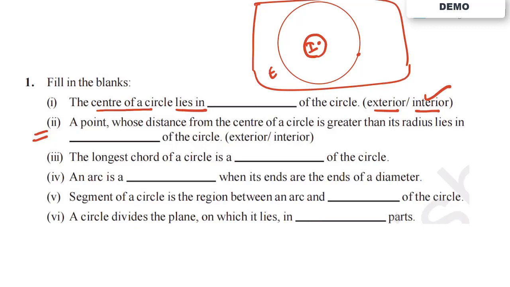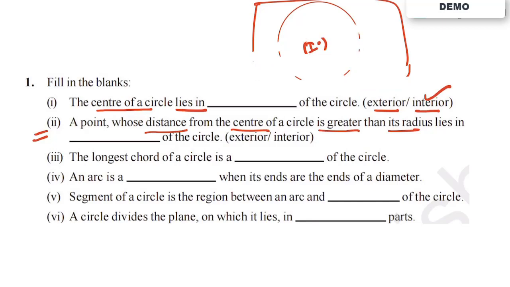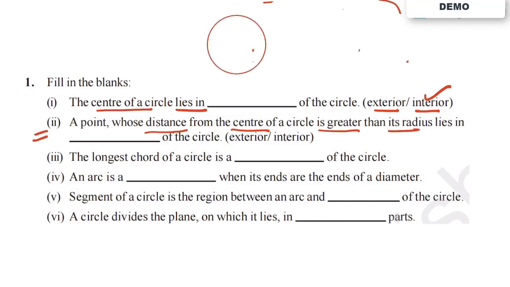Now second question, a point whose distance from the center of the circle is greater than the radius lies in which place? A point whose distance from the center of the circle is greater than the radius. What is it saying? Let me just clear the screen. Okay, here we have a circle. What it is saying is that we have a point,